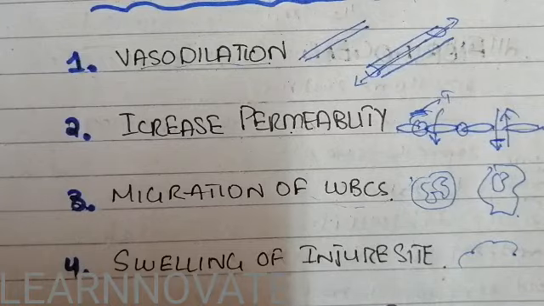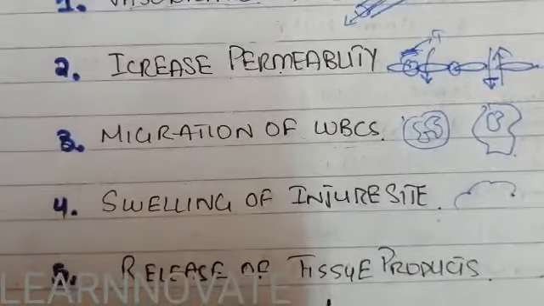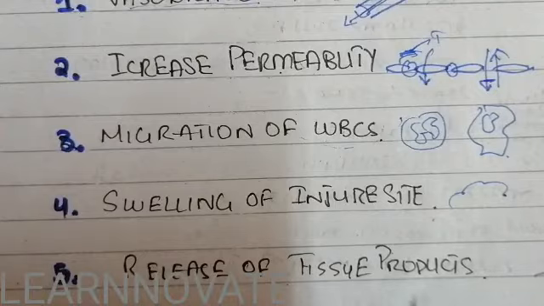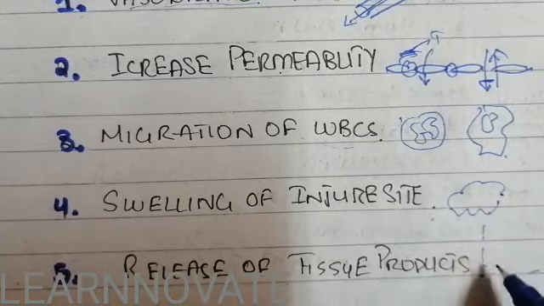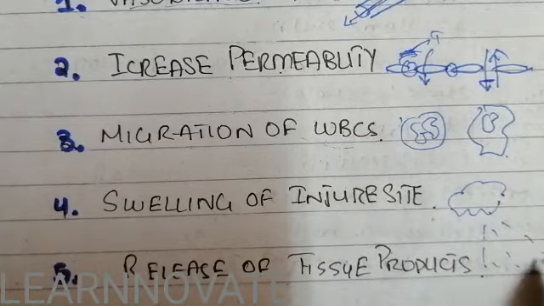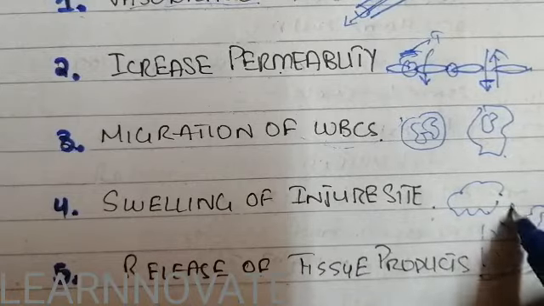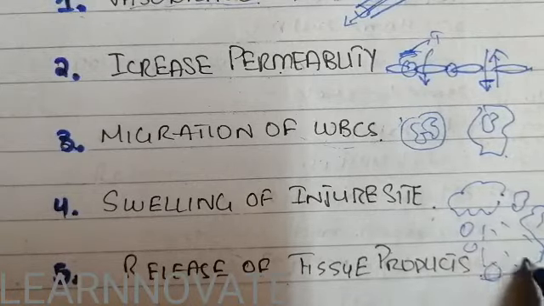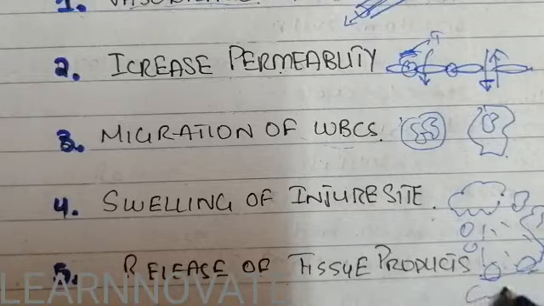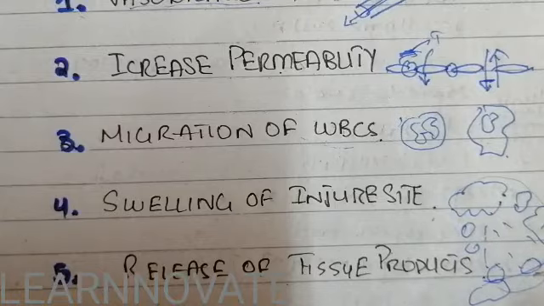Then what happens after the swelling? There is a release of tissue factors. The tissue products, including serotonin, histamine, and bradykinin, are released from the injured tissue. These substances affect other cells and the surrounding cells present in that area, which become swollen. In this way the infection may become more and more infectious and spread, and there is more and more inflammation of that part.